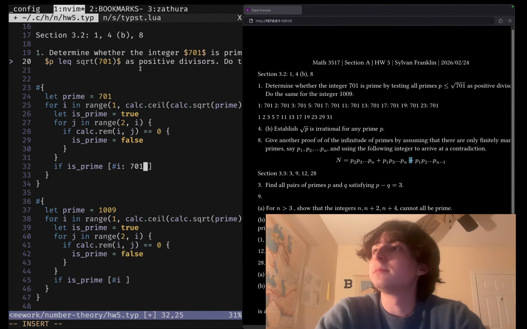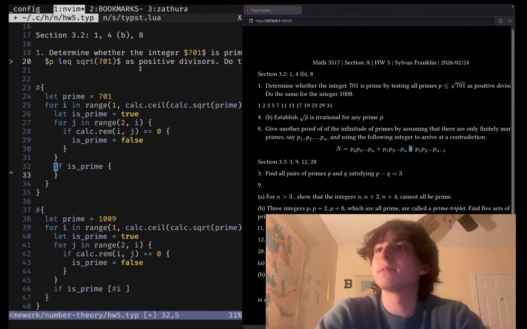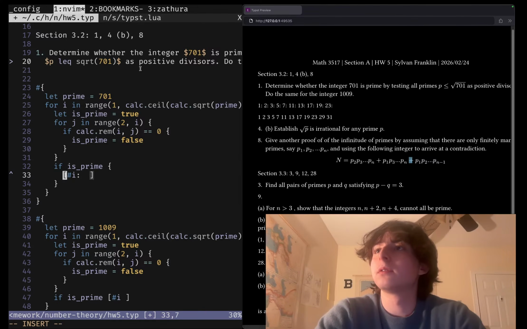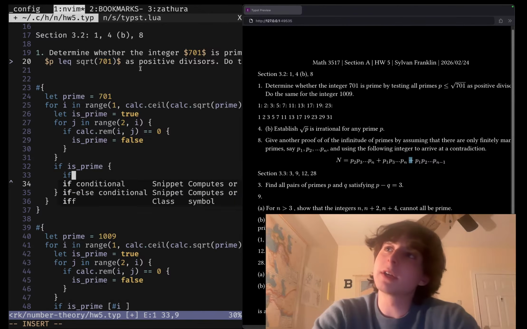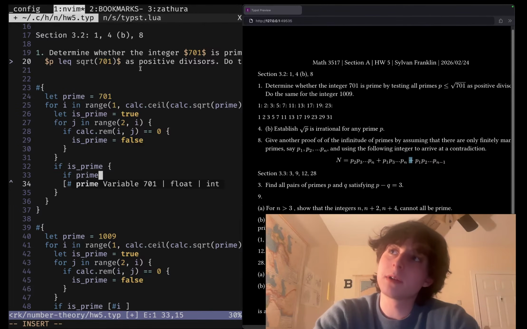So if it's prime, we've already entered the case where we're going to print something. And now we check if the prime divided by